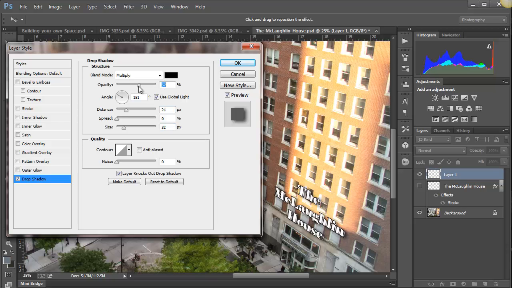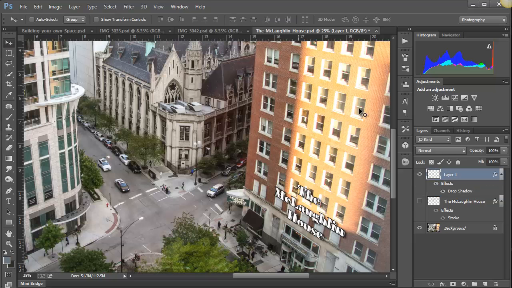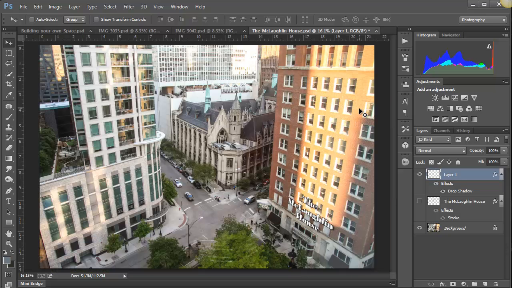We can drop the opacity a little bit. We don't want the size to be too awful big. We just want it to look like it's standing off of that building just a little bit, cause some separation. So now when we zoom back out, Control-0, you see the McLaughlin house is on there,